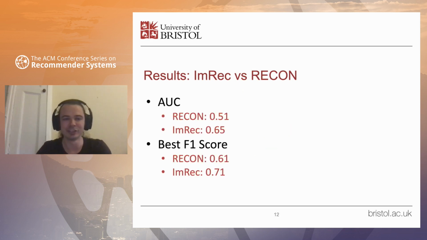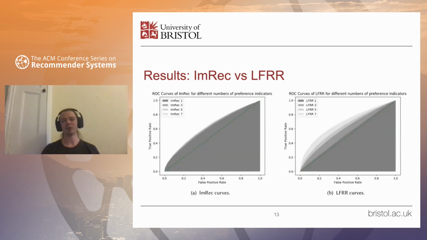So just a few short numbers. The area under the curve, as I said, was significantly better, and the best F1 score at the highest point of the curve was also about 10% better. We also tested against LFRR, the best-in-class collaborative filtering algorithm, and we found that LFRR did do significantly better, given a large amount of data. But